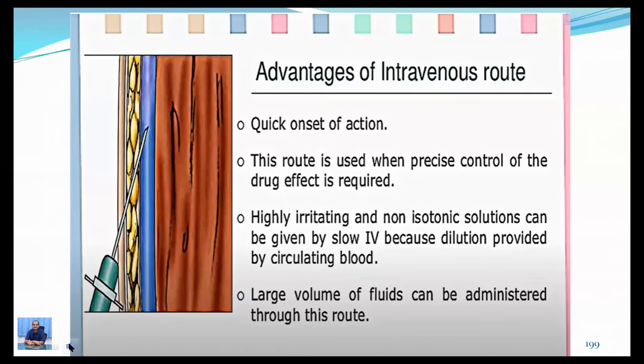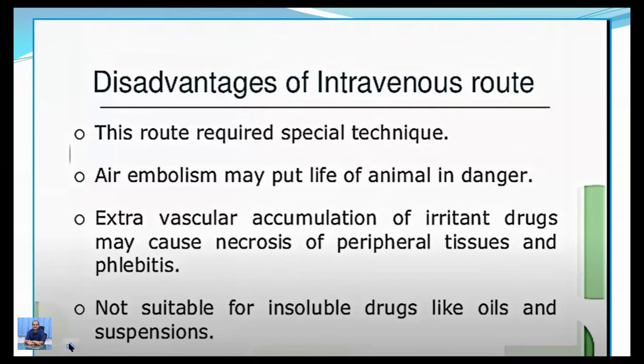Whereas in the case of the oral route, absorption is up to 75%, sometimes 80%. It is erratic. In the case of the IM route, it is up to 85% or 90%, and 5% of the drug may remain at the site of administration. And whenever drugs are very highly costly, they are also administered intravenously. A large volume of fluids can also be administered. That's one of the advantages of this route.